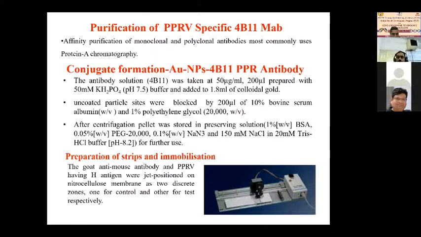So we used this 4B11, purified it, and made a gold 4B11 conjugate. And this is the spotter machine, a simple machine of 1.5 log, and we have worked on almost 20 sets of antigen antibodies, including some of the DNA probes. So two to three students have worked on the DNA probes as well for detection of the Brucella, and also for detection of the food